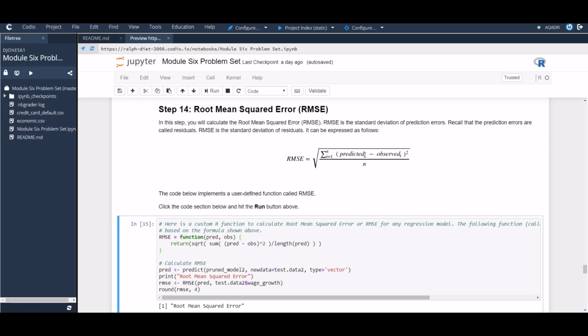And so if you recall, this is simply just a residual. So you do this for each row in your data set. You get the prediction, subtract the actual value, square the answer, sum them all up. So sum the squared residuals divided by n, take the square root. That's the RMSE,